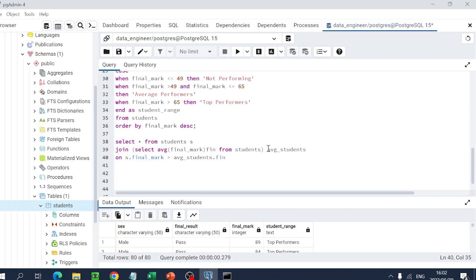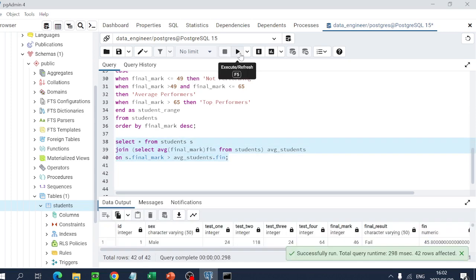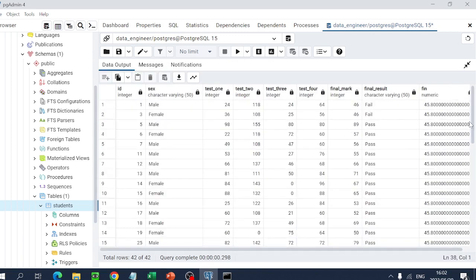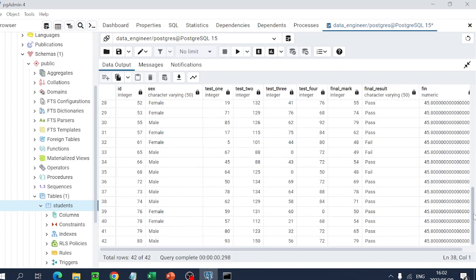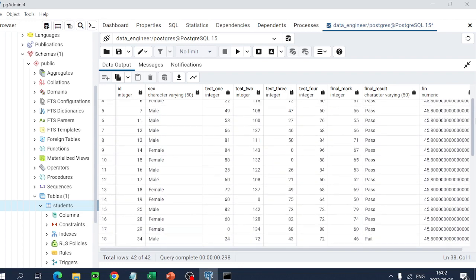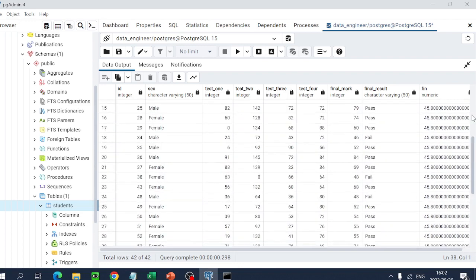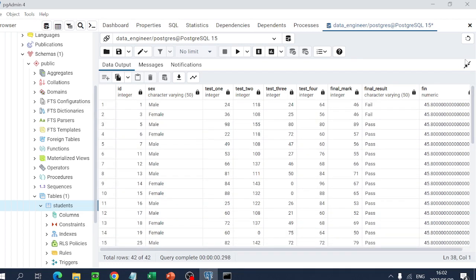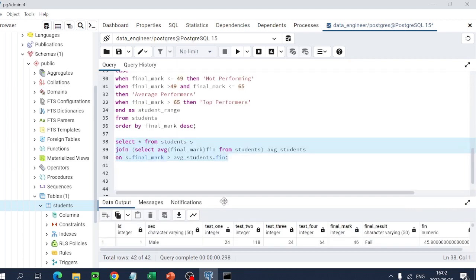Okay, and then close the semicolon. Okay, these are the students that obtained the average. Some of them pass, some of them fail. You can use the where clause to sort it out. But this one is a task query for you to practice. I want to move fast on to the